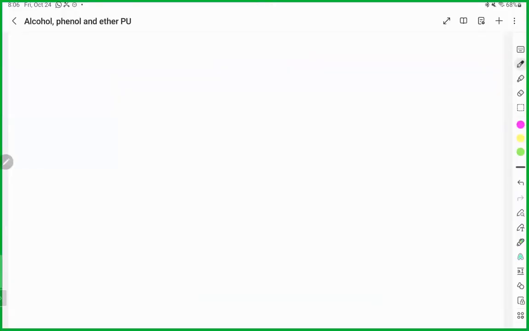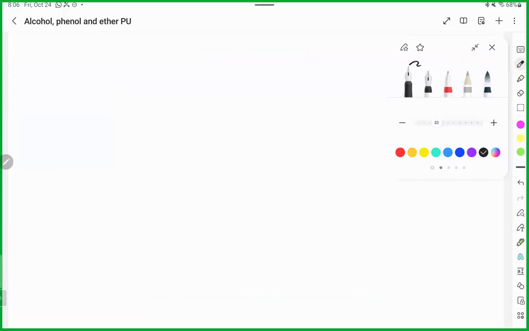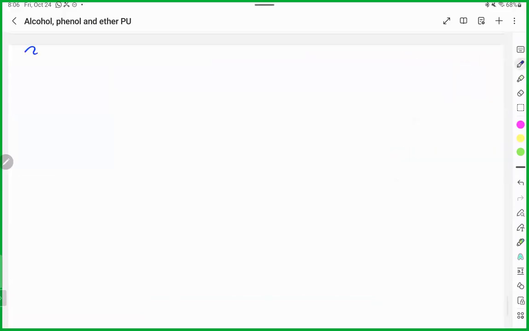Okay, so we were doing alcohol phenol ether. Today's date is 24/10/2025. We are starting at 8:06 p.m. Okay, so though we need to do revision, but at the same time, I'm trying to cover portion,